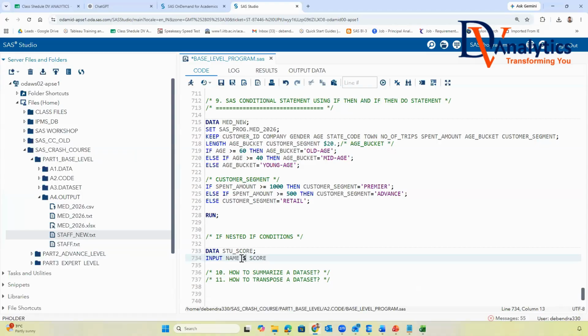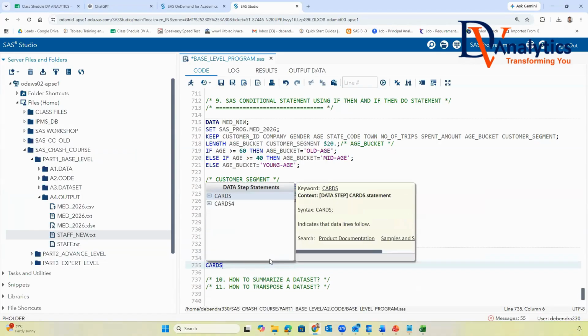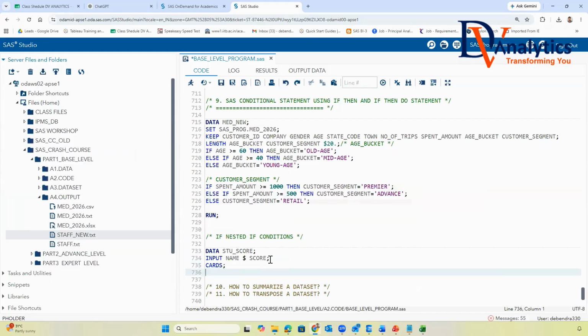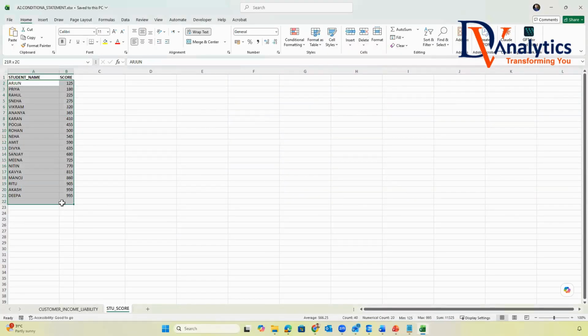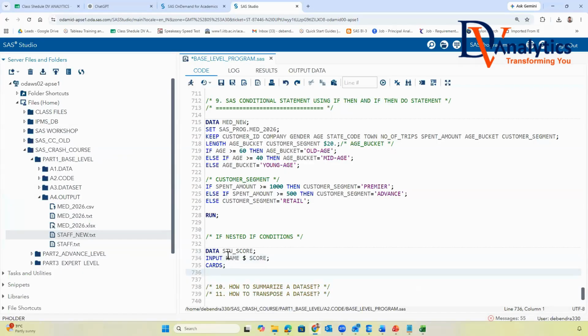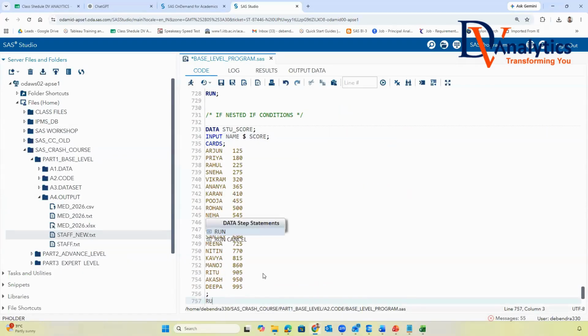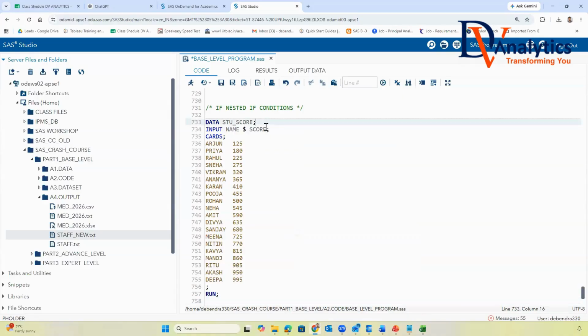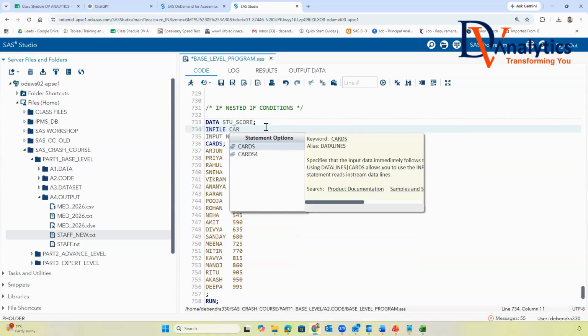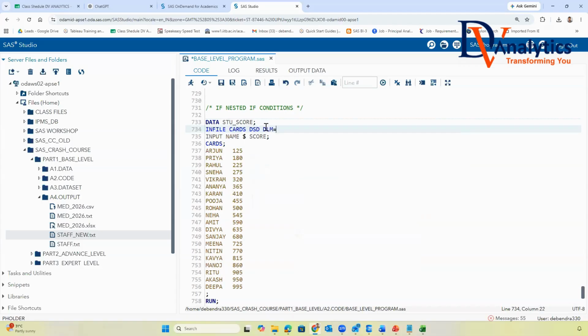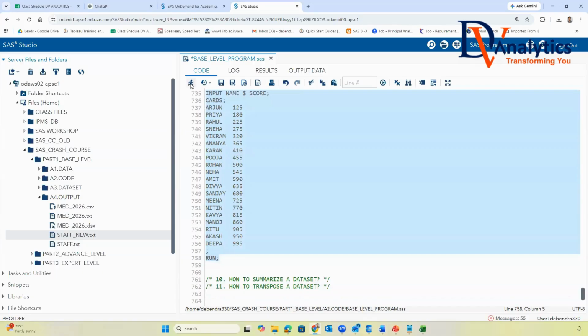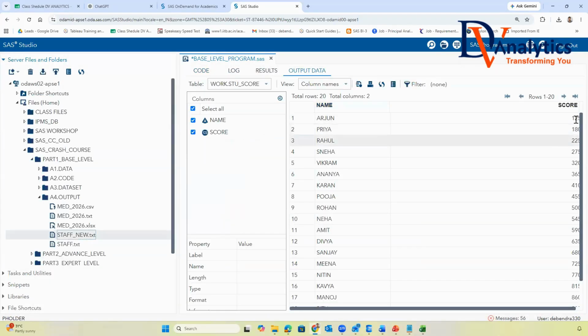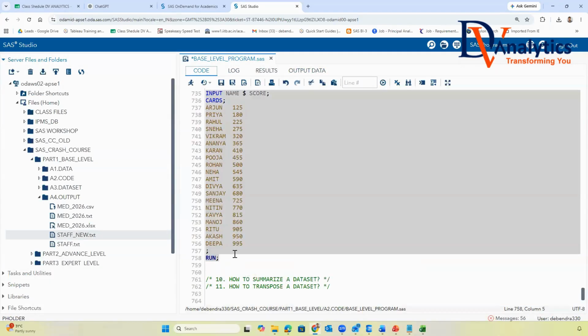Name is character. Then I use cards to put this data. I say here infile cards DSD DLM equal to '09'x. If you run this program, what is happening? I see name and score is coming.